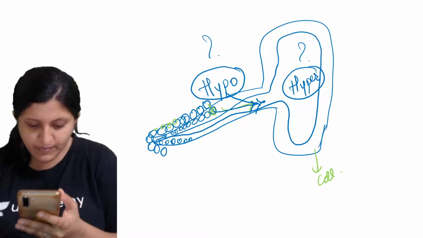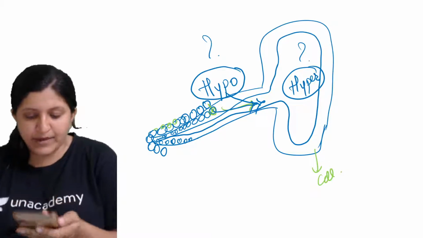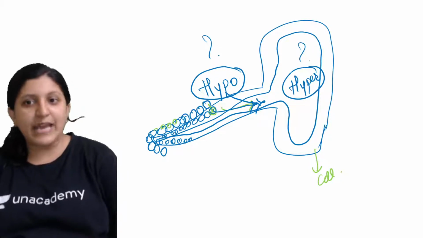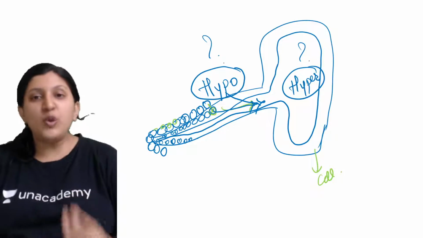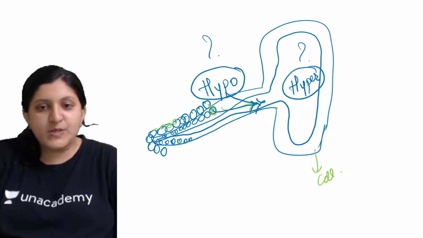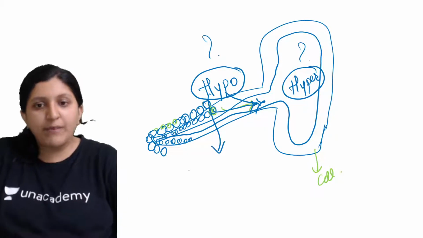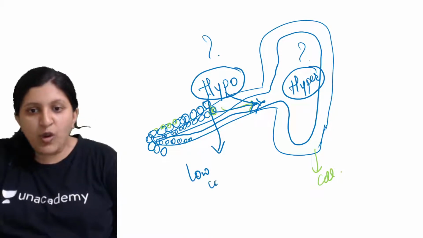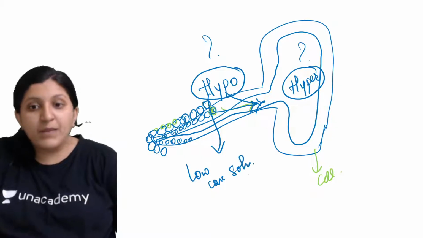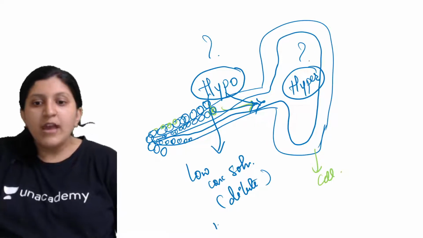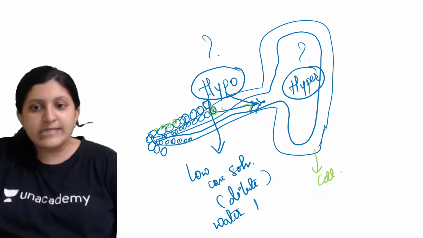Hypo is less and hyper is high. So what is that high and less? Hypo is less, yes, that is right. So what is less? That is low concentration, or low concentrated solution. In other terms, when we mention hypo, you can find the low concentrated solution. So what is that low concentrated solution? That means it is a dilute solution. So dilute solution means what? The water concentration is high but the solute concentration is less.